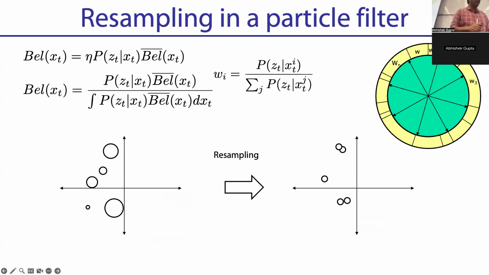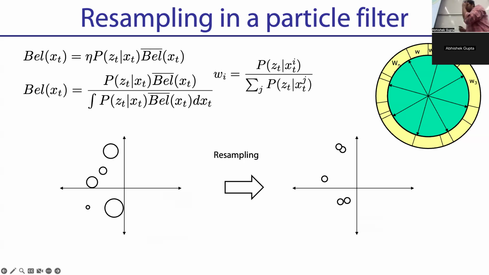Imagine that some particles have high weight, like this particle is high weight, and that particle is high weight. I'm going to have two of this, or two of that, right? And some particles that are really low likelihood, I just will not draw any samples from them. So these guys disappear, and I have more particles in the places where I have more